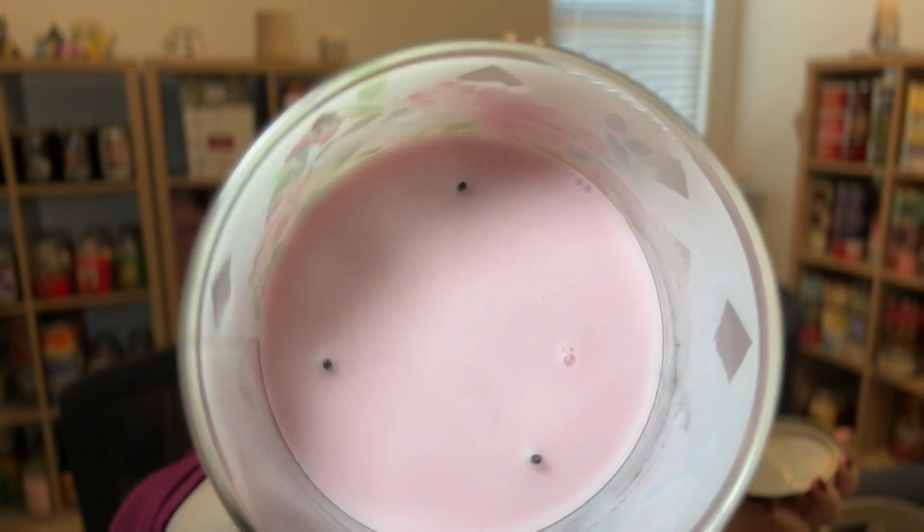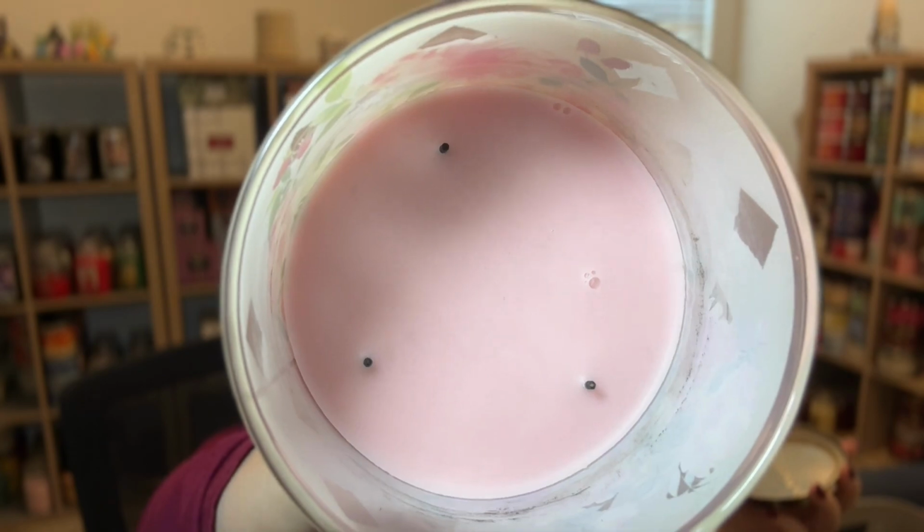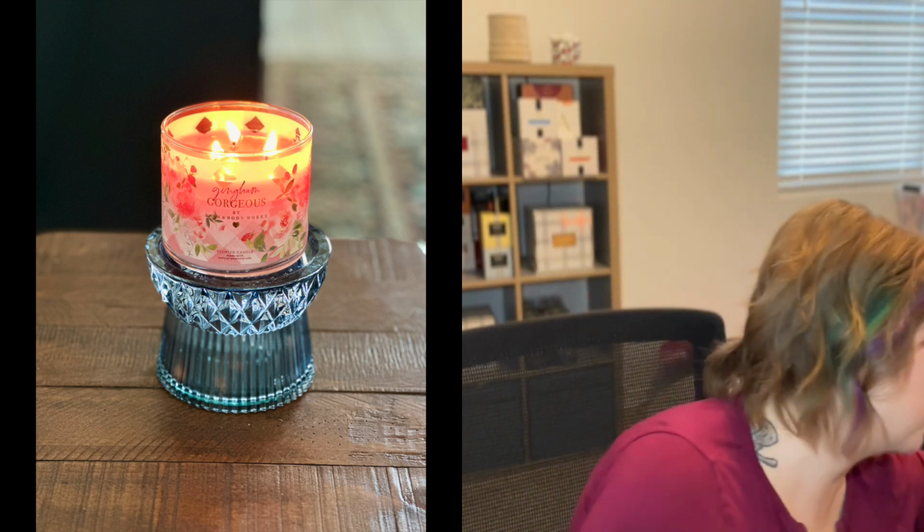Gingham Gorgeous. This one is Pink Strawberries, Peach Nectar, Peony Blooms. It was doing well again until it didn't. It died out on me. See how little those wicks are? So I put it in the crock. It gave me a great 3-4 days worth of crocking. Yeah, the scent's kind of gone out of it. There's a little bit of a hint,